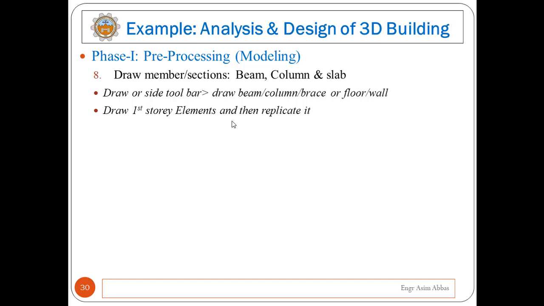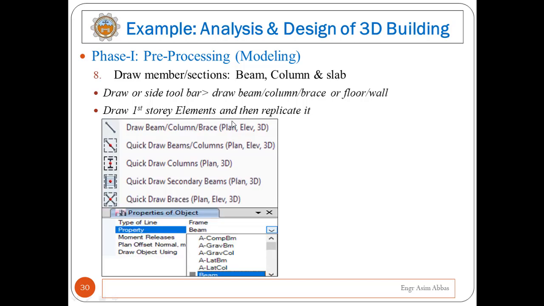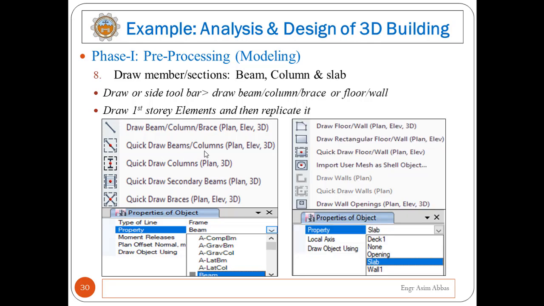Okay, for drawing beam and column, the following different options are available that can be used as per the requirement. Okay, in our case I will choose the quick draw beam column option to draw different beam and column at different location. Similarly, for floor and wall